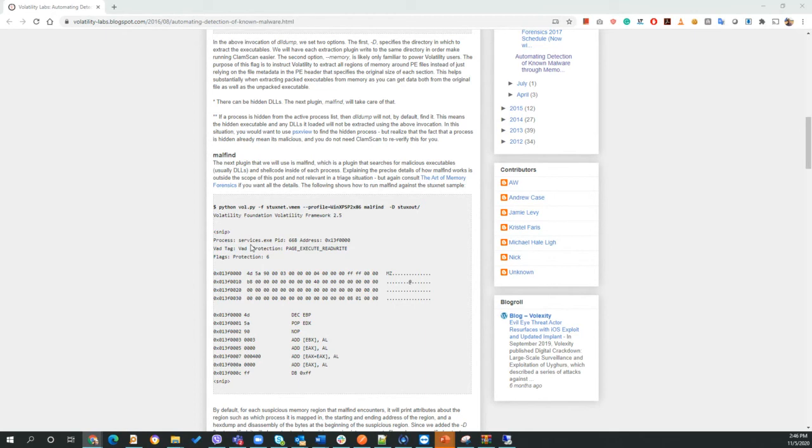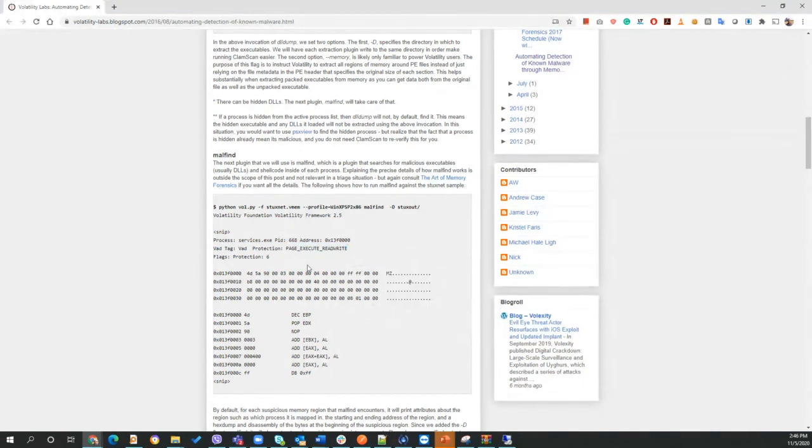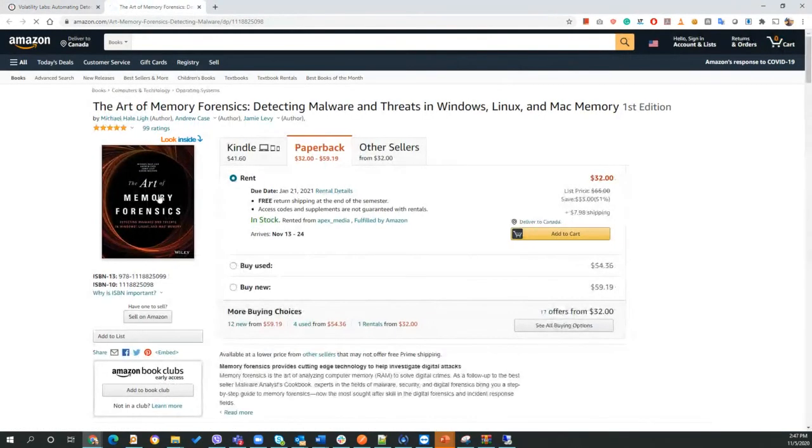So what does Malfind do? It goes through the memory and identifies the places that have this set of protection enabled, page execute read write, which possibly enables overwritten values, right? How it works in detail is in this book,